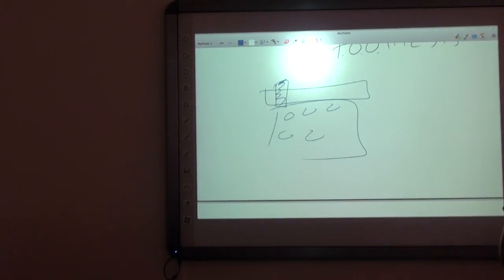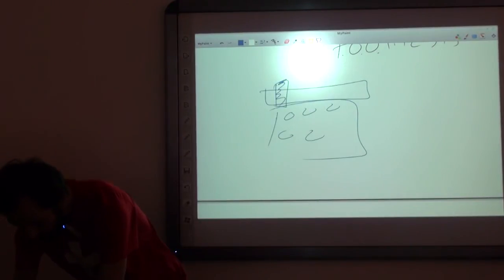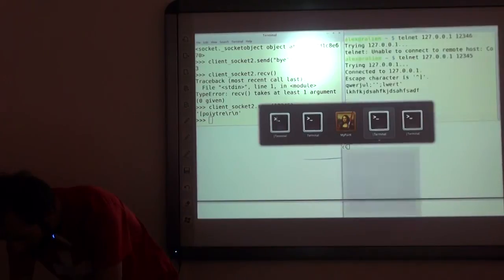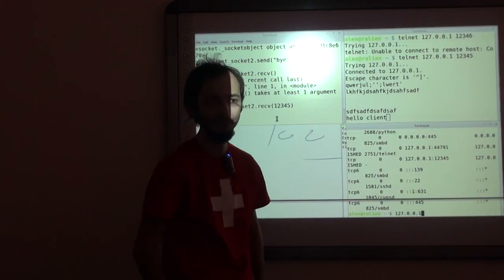Yeah? Can we configure the Telnet client in such a way that it will delimit the message we write from the client and the message we receive without sending a new line to the server? I have no idea. We can read the manual and see if it has anything to tell us on that front.